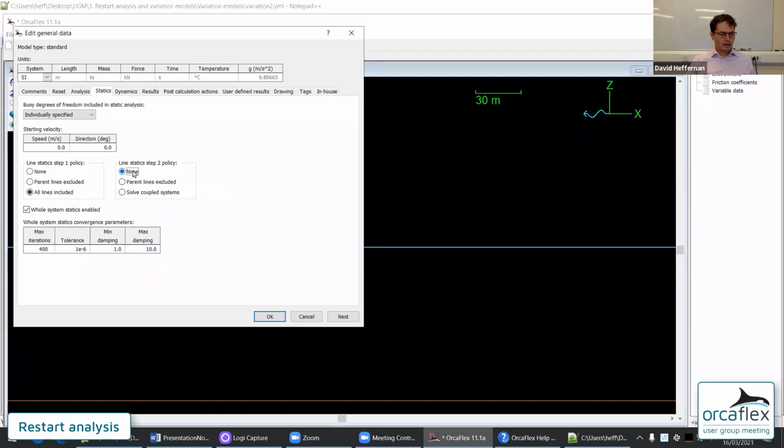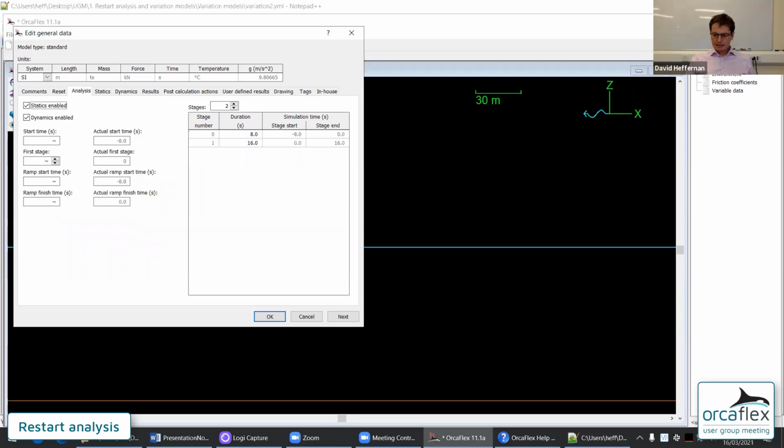It works across the program, so I've got it here on this option box drop-down. Again, I can set it back to default. So this feature works across all types of data. Having added it for all types of data, there's no sense in keeping these bespoke buttons. There was one on whole system statics convergence, there was another one for line statics convergence, and a couple of others littered around the program. They've gone now, replaced by something that I believe is better.